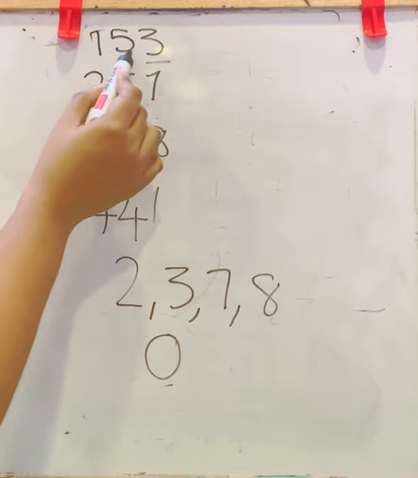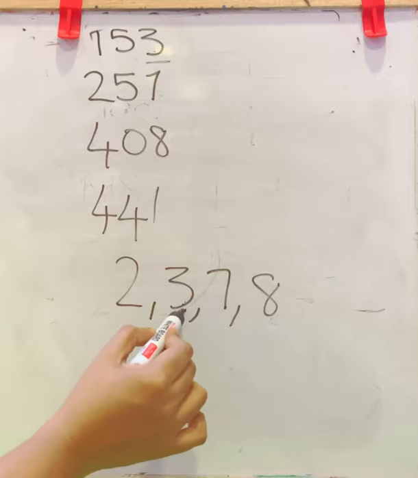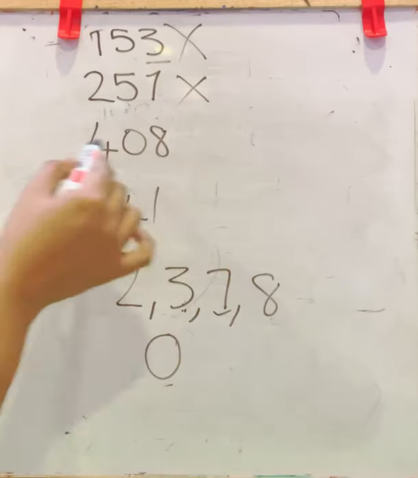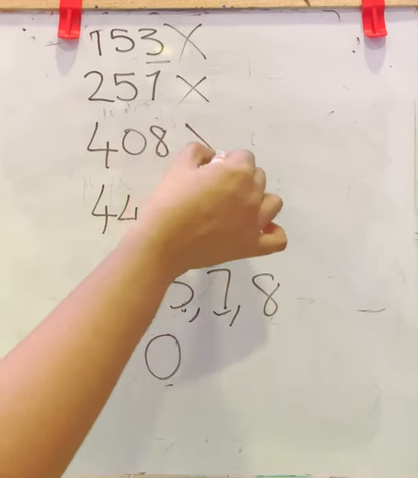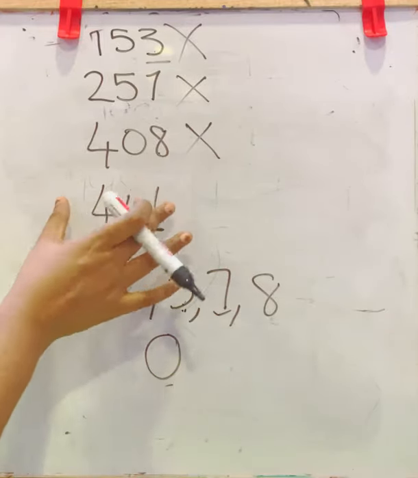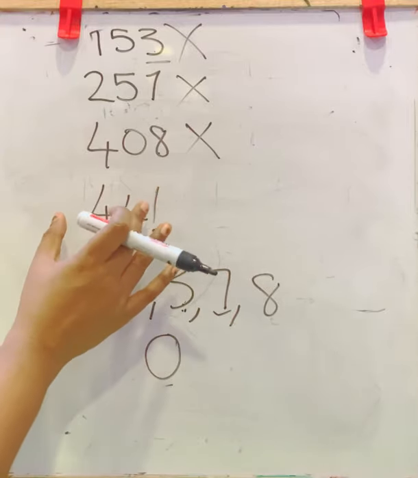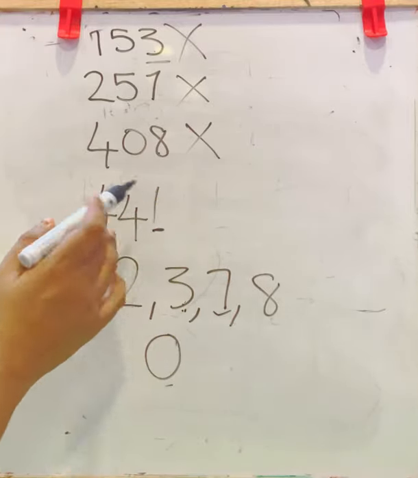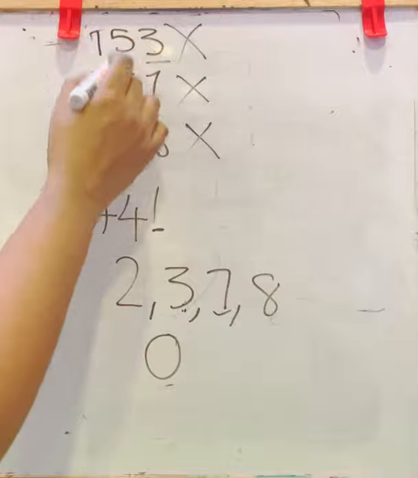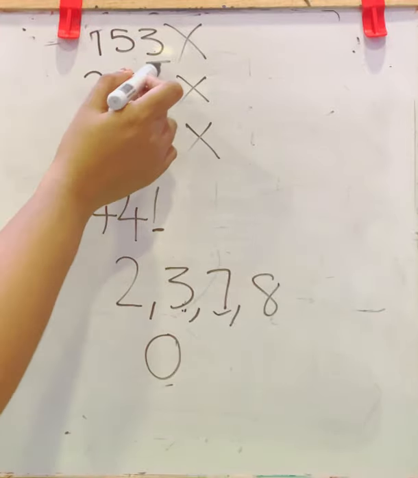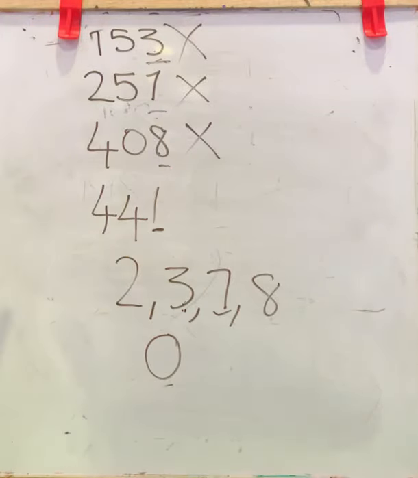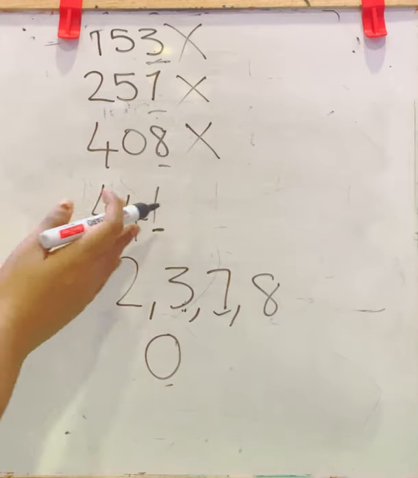Okay, so listen. Here 3 is here. It is not a perfect square. 7 is here in the list, so it is not a perfect square. 8 is also in the list, so it is not a perfect square. Now 1 is not in this list, so you can say this can have a chance to be a perfect square or not. But it is not sure; you have to find out whether it is a square number or not. But here, without calculating, you can directly say, because of these numbers in the units place, it is not a perfect square at all. But here, there is a chance to be a perfect square.